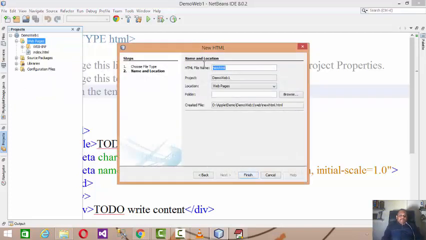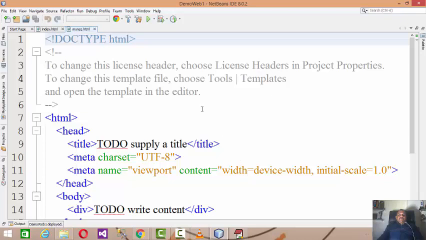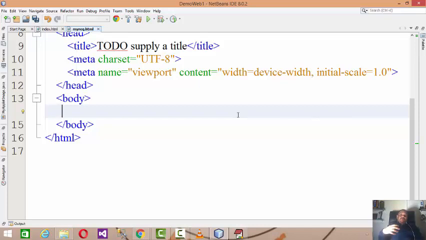Let us say I'll be developing a page called my request, right? My REQ, my request page. This my request page means I want to pass on some data to the server.